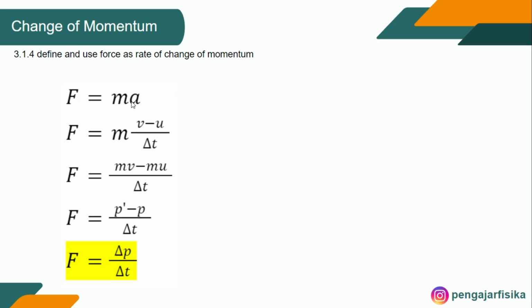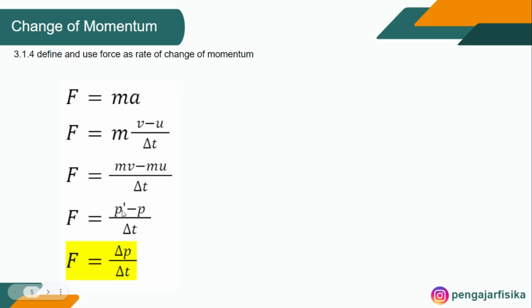And for the acceleration, we can expand it to final velocity minus initial velocity divided by time taken. And then we can times the v and u by the m. So we got this mass times final velocity minus mass times initial velocity over time taken. Mass times velocity, as we know before, is equal to momentum, so mass times final velocity becomes final momentum. And also this one, because mass times initial velocity becomes initial momentum. So here we have final momentum minus initial momentum over time taken.